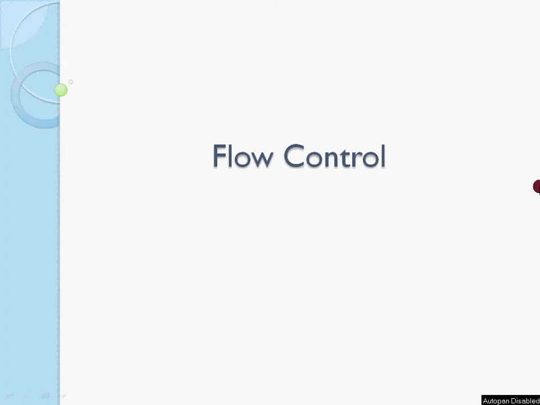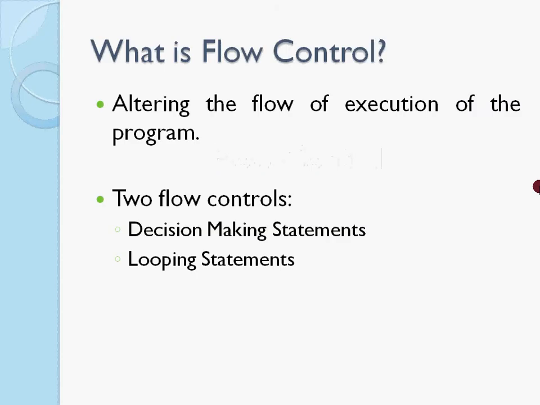The next topic that we are going to discuss is flow control. So far what we have seen is a sequential execution of the program. It means that we retrieve the input, that is, we get the input from the user. Next we process that input and generate the output. This is a sequential flow. But when we want to check for any conditions, there is an alteration in the flow of execution based on whether the condition is true or false. That is where flow control comes into the picture.